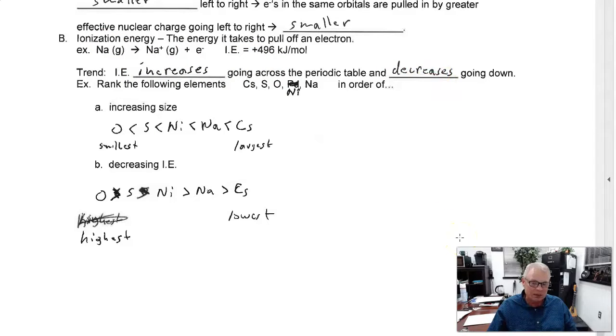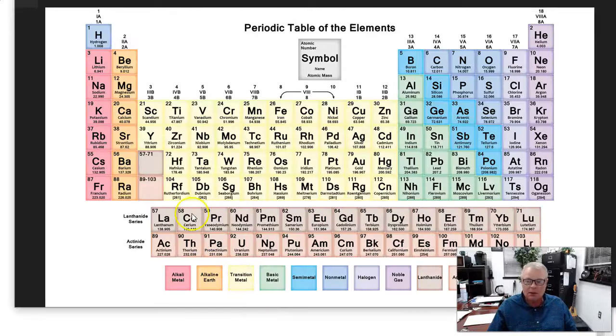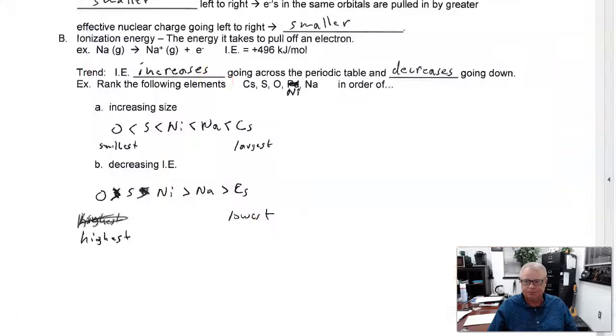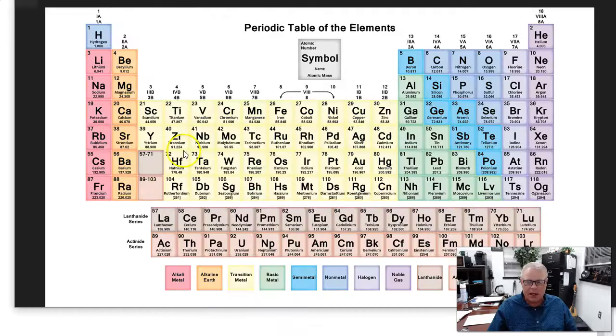It's easier to pull off electrons as you go down. So what that means is these atoms over here have very low ionization energies. It's easy to pull them off. These atoms over here, it's very hard. There's a couple of reasons why. We won't talk about second and third ionization energies. That's close enough. One of the reasons why is size, which we're going to talk about in a second. The other reason why